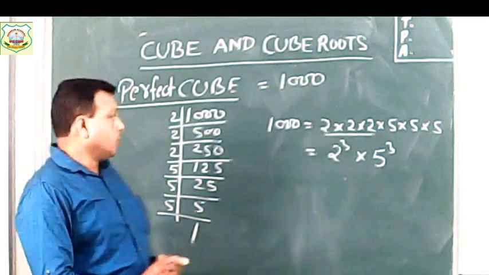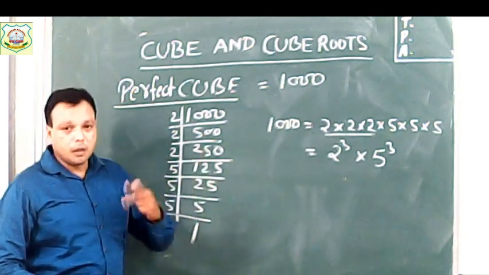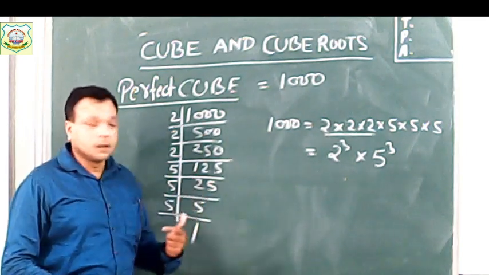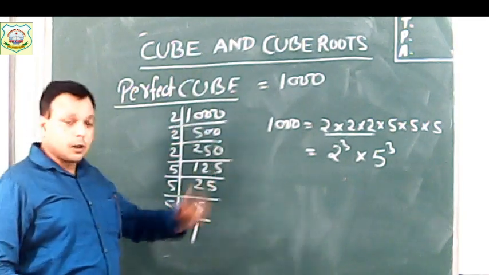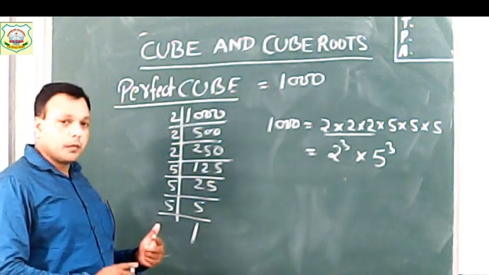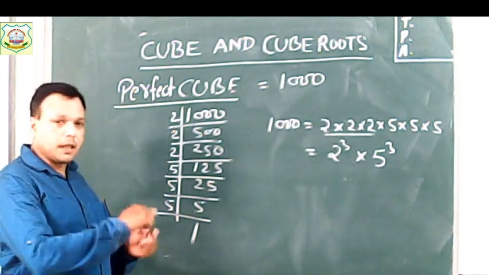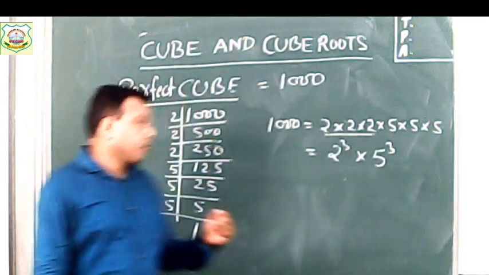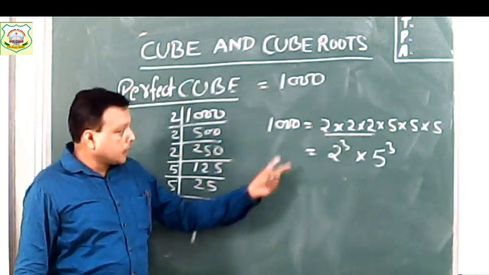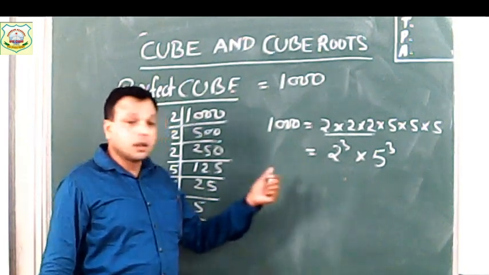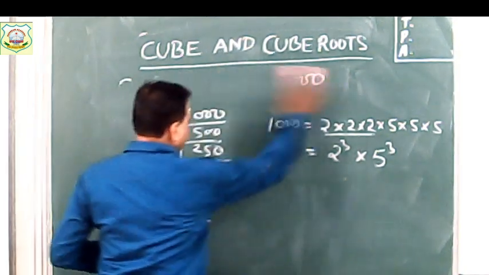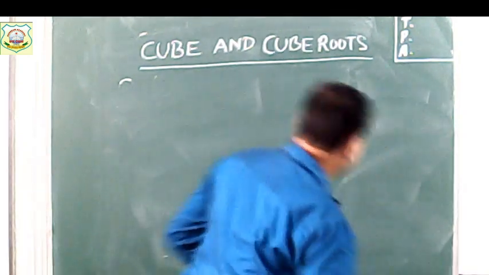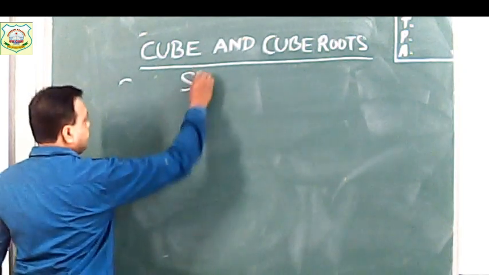Now students, we just want to revise exercise 4b, its shortcut method. How we can use this for any value in a cubic form. Suppose 2 cube is 8. Simply we can multiply 2 multiply 2 multiply 2. But by the shortcut method, how can we find any cube value? See everyone. Shortcut method.